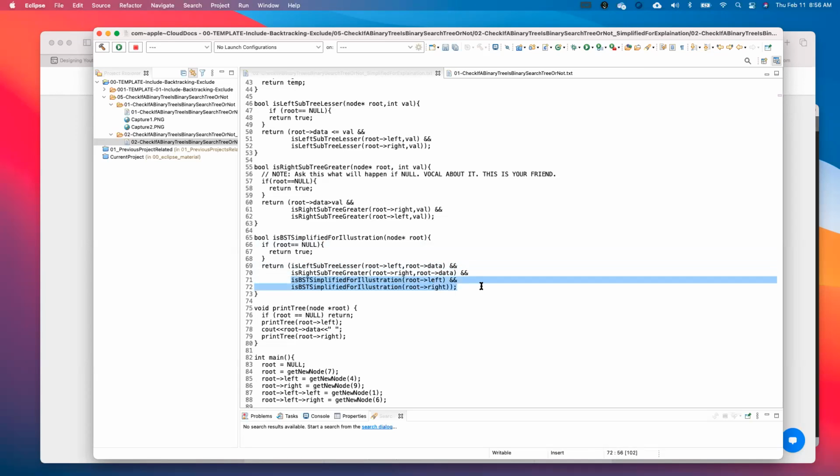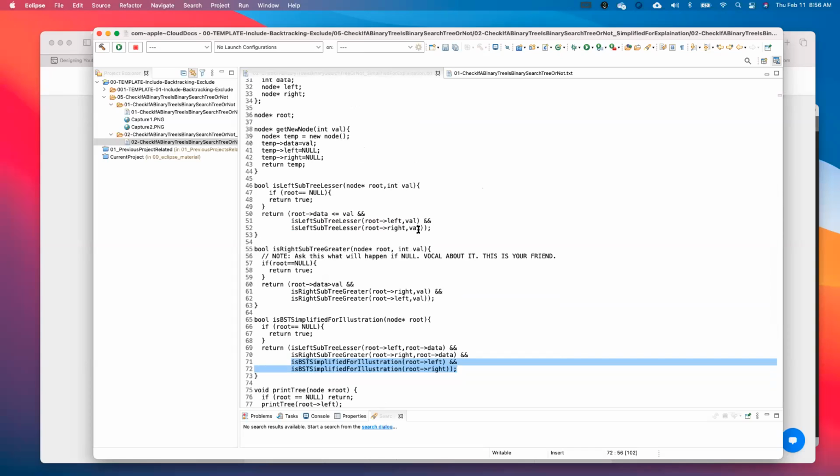I was just thinking aloud. Maybe, because you already do that in your is left subtree, if you are at the highest root, that's the only thing you need to do. Then how are you going to compare when you come back? That is already done there in the left subtree and the right subtree. This looks more complicated sometimes. There might be a reason for it, because if you just remove that, then it won't work.